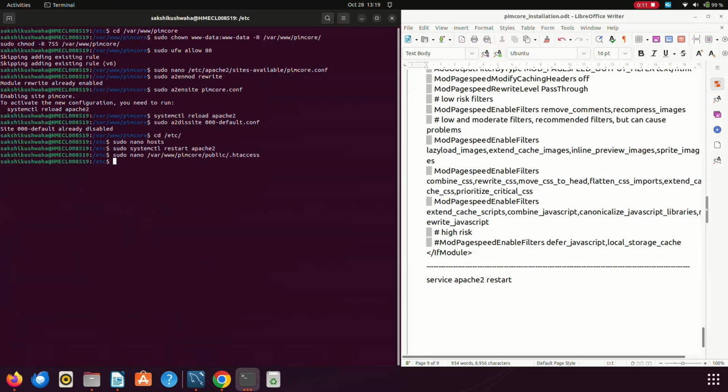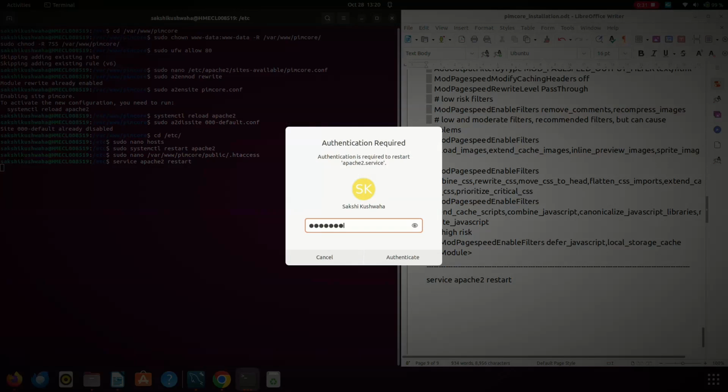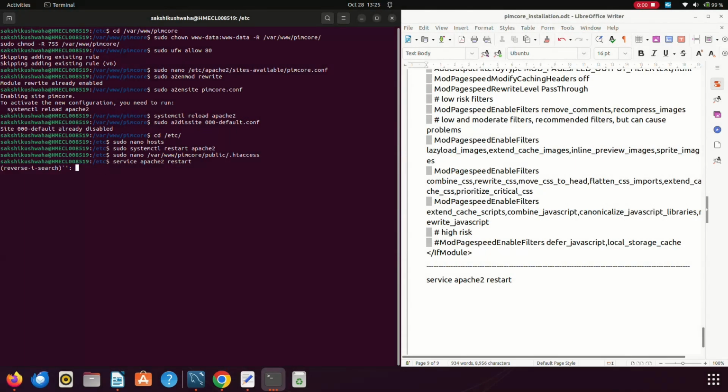Okay, then you have to restart your Apache 2 server. Service apache2 restart. Welcome 1 2 3. Okay, so for running your Pimcore UI, what you have to do is open your browser